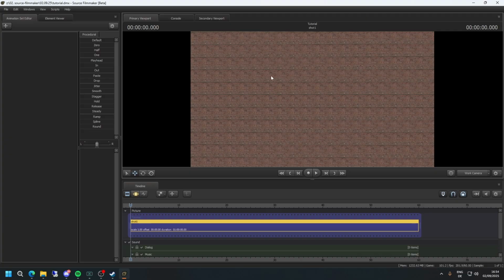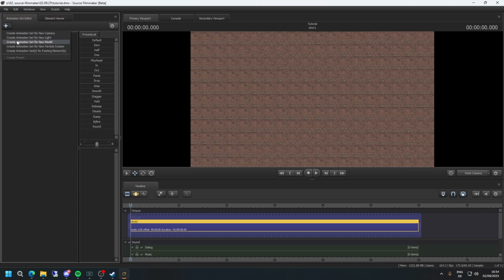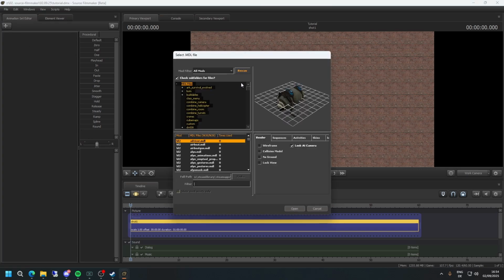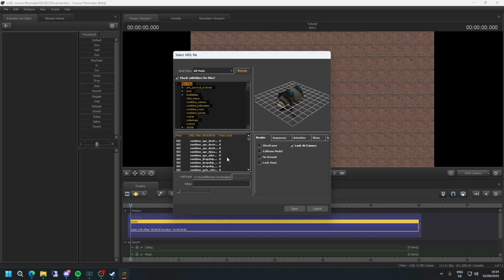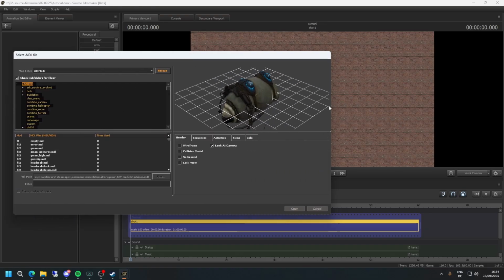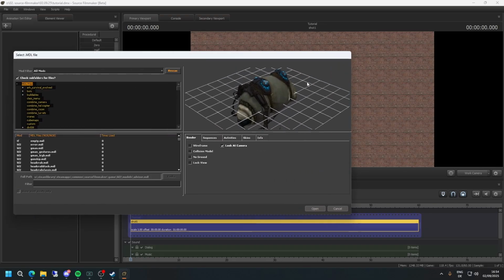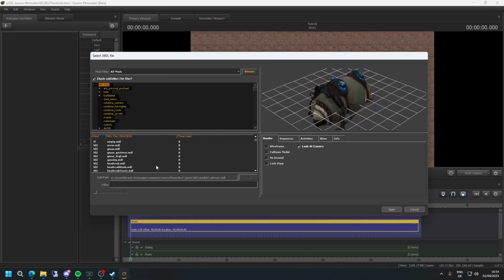Once you've found the offset you like, you want to click on the plus here. Go to new model. Then click at the top on rescan if you have not relaunched your SFM. If you have, then this will not be necessary. Something I like to do is stretch out the window at least a little bit. First of all, it ups the size of the model you're viewing, and second, it also helps to read